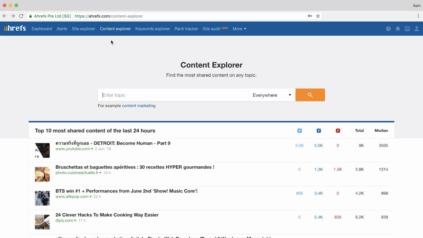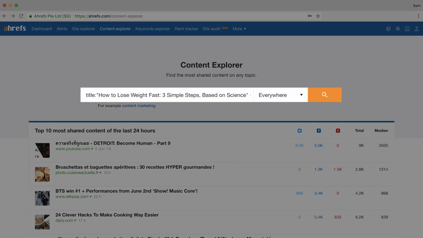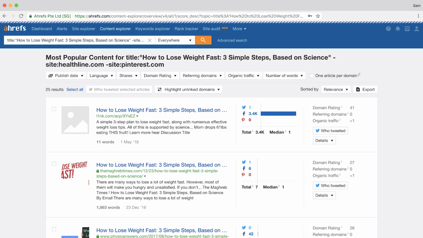We actually have a really cool feature in our tool Content Explorer where you can quickly check if these sites have linked to you or not. So I'll copy the query from Google and modify it slightly by removing in, since we use title: and run the search. And we have about 25 results. Now the thing with Content Explorer is that we weed out a lot of the junk links that you'll often see in Google, so the result set should be more focused and probably a little bit less than what you've seen on Google.